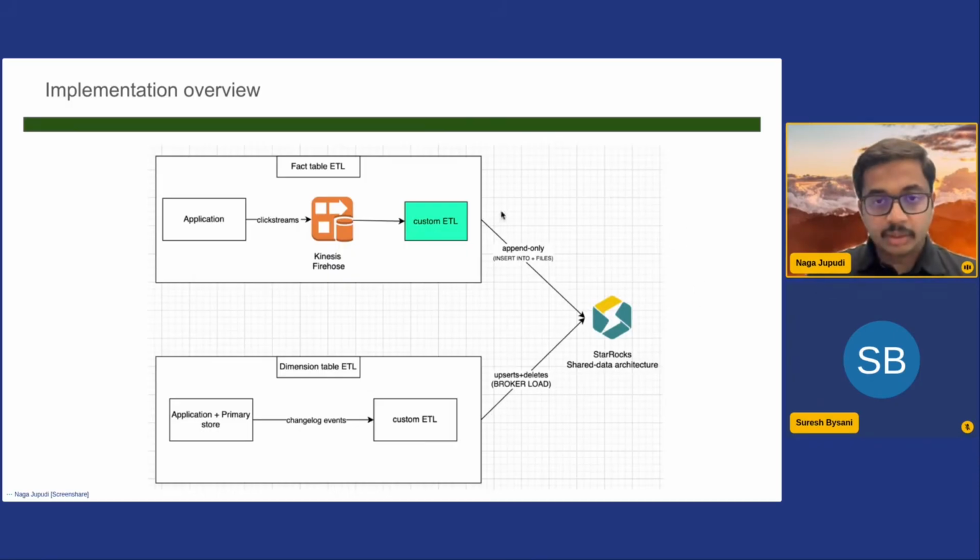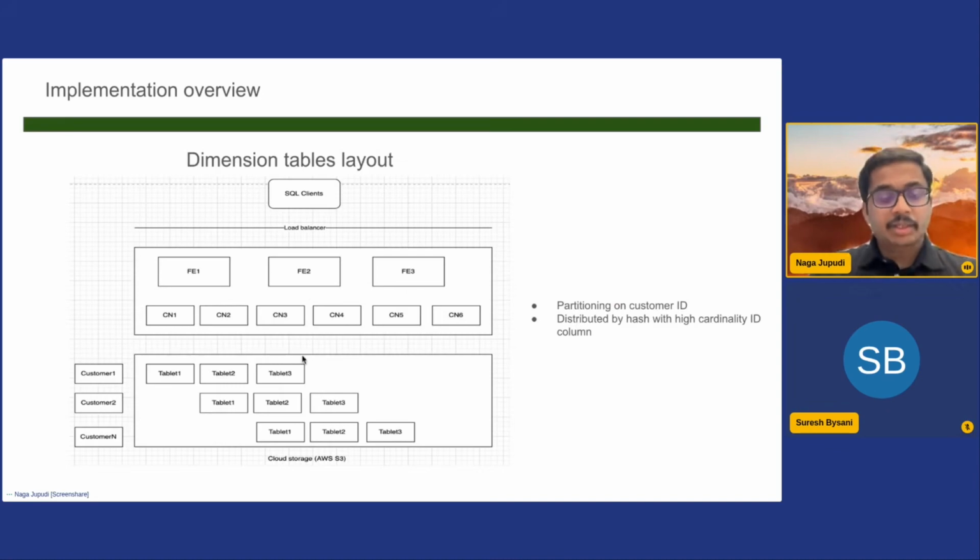So this diagram was the only change, where we had to change the load step in the ETL to write it to StarRocks as well, in the shared data architecture, as I explained earlier. Just to give a brief summary of how our dimension tables layout changed: because our dimension tables are really huge, we went into exploring the partitioning construct offered by StarRocks.